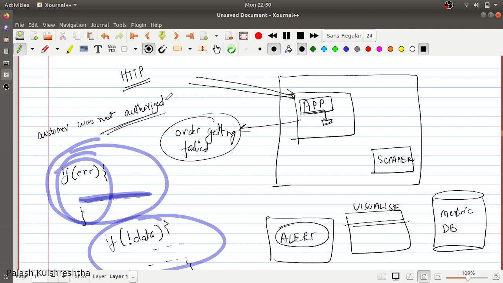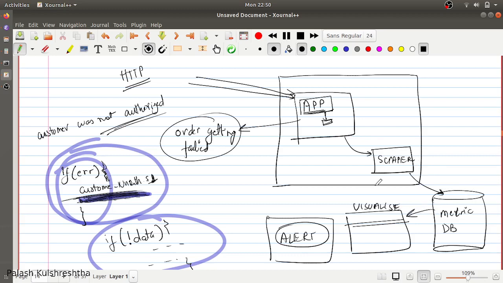It is a very general scenario, but if you want to check whether it is some flow where an unauthorized customer should not reach, and this flow is getting activated, and your if block is being activated, you can start sending a metric like customer unauthorized equals 1, and this metric will be sent from your application to a scraper, and from the scraper it will be sent to a monitoring database.